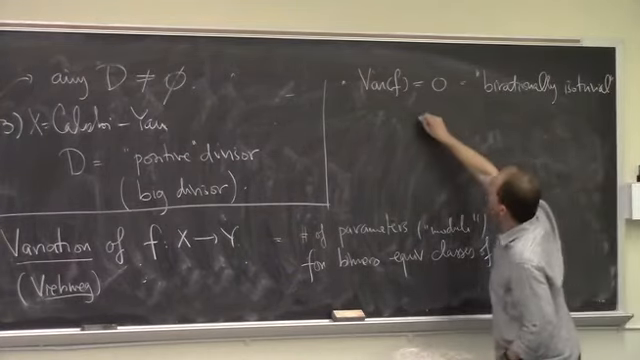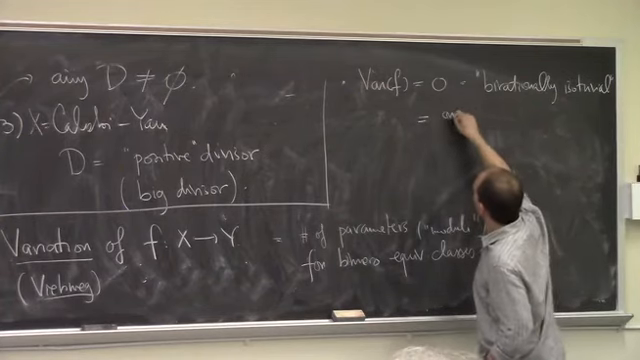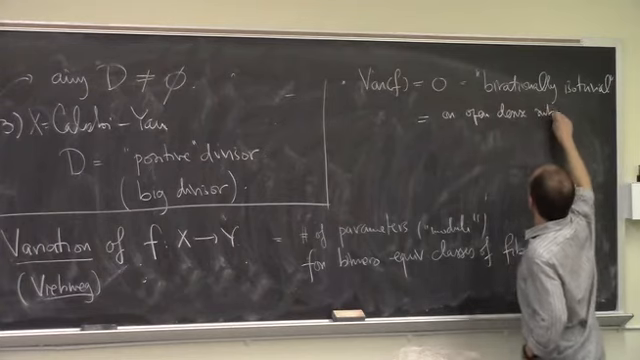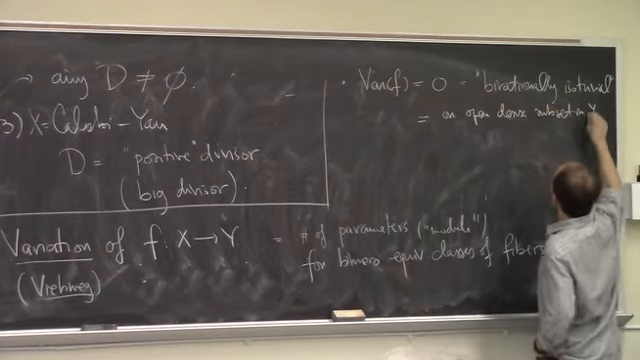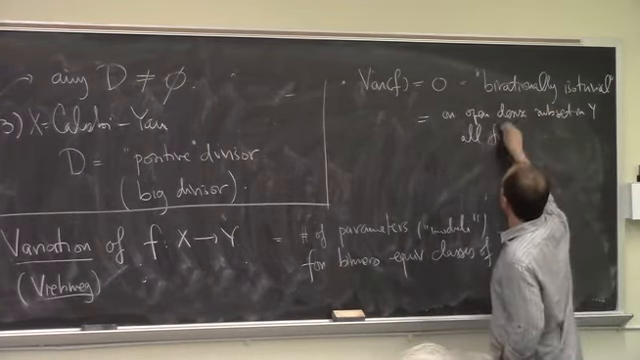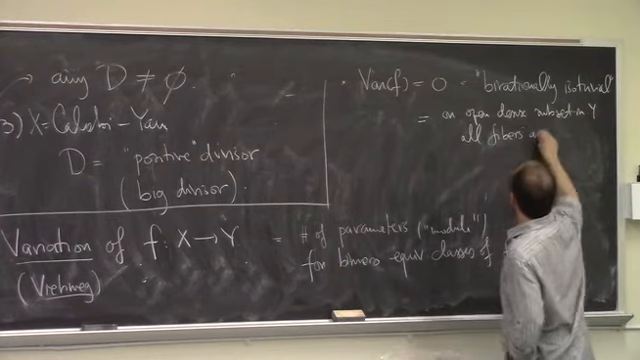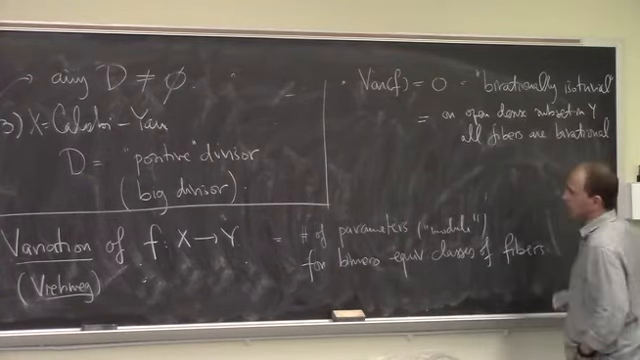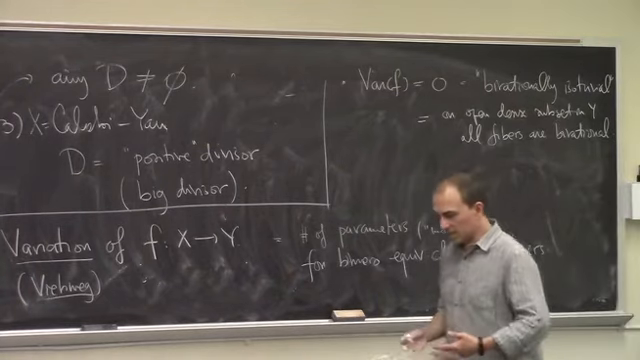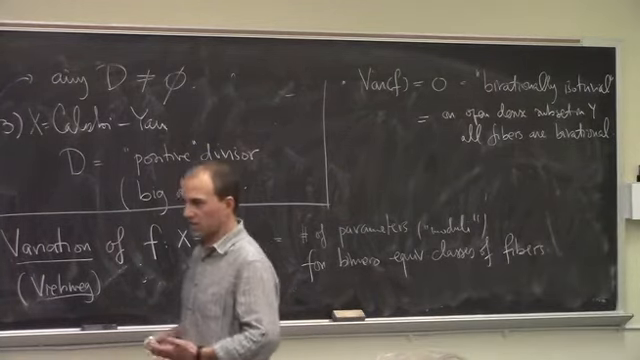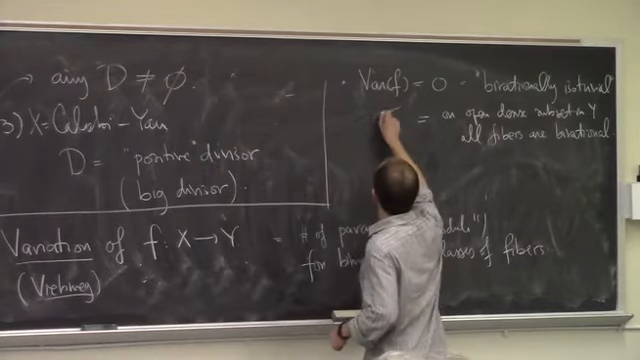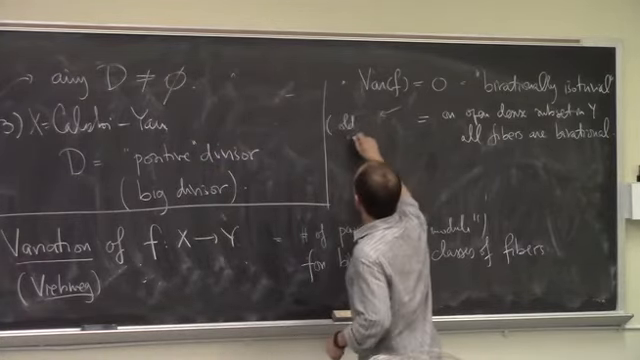Okay, and this simply means precisely that on an open, dense subset in Y, all fibers are birational to each other. So this is sort of the analog of our old notion of isotriviality, right? So this would represent the old isotrivial case